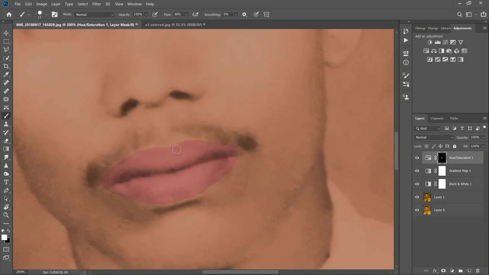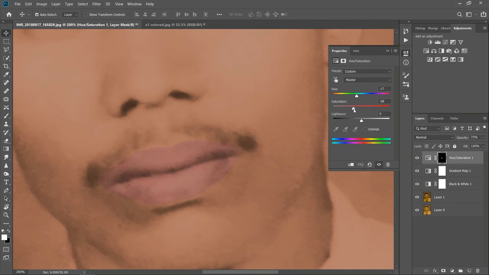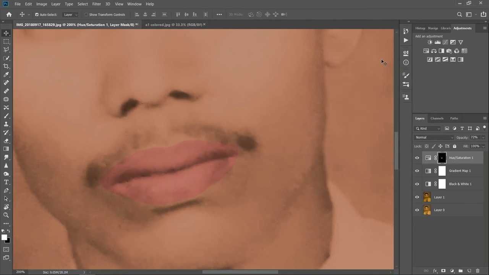If you want to make it less crisp, just decrease the value of opacity or flow. If you are using a drawing tablet, it would be more efficient if you are focused on having a flow. It will add a painting-like look, a watercolor paint look. But here we don't require this because this is not a painting, this is a photograph. So we are very well okay with the general settings with the mouse. Here we have this mask,